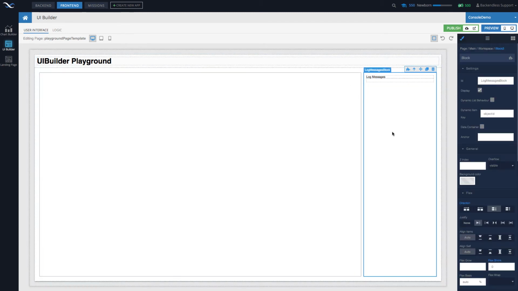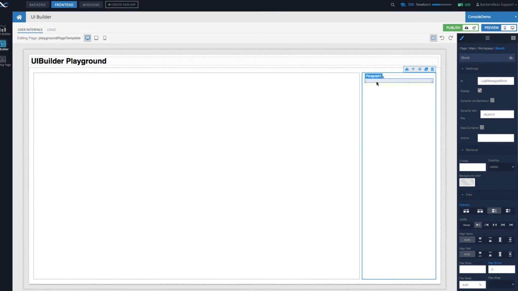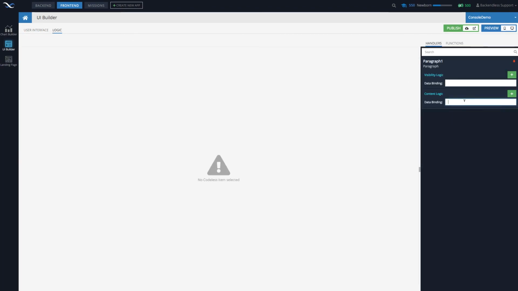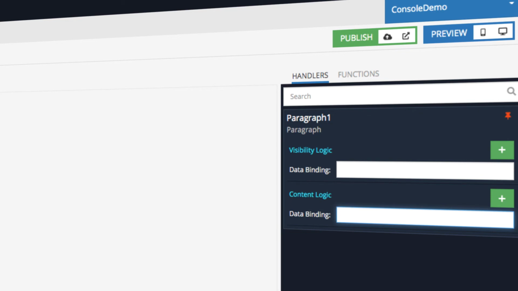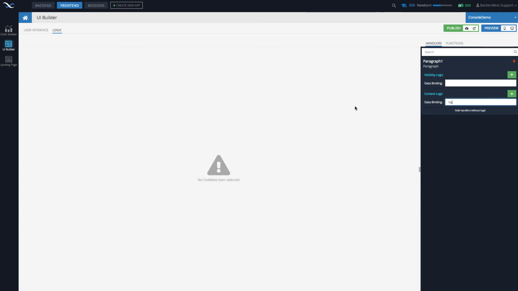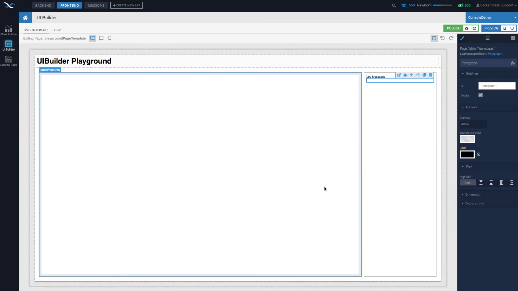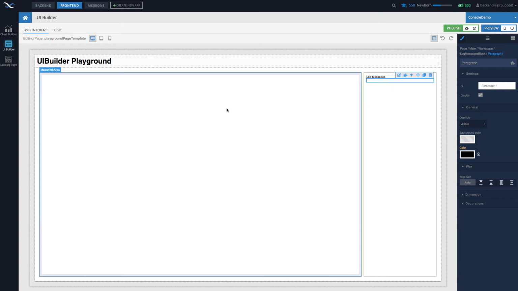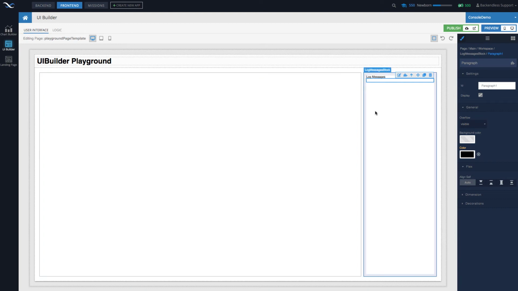So now at this point, what we want to do is to add all the logic where we can channel all the log messages into this area right here. Number 1, select this paragraph and go into the events. And for the content logic, let's use data binding and bind it to the property log. And this property will be sitting in page data, because that's going to be the first data container that this paragraph is sitting in. And in here, whenever something happens, we need to be able to send those log messages from our application into this paragraph.